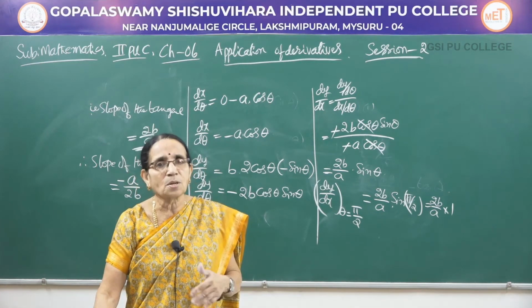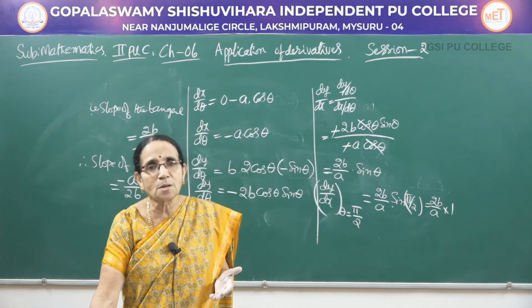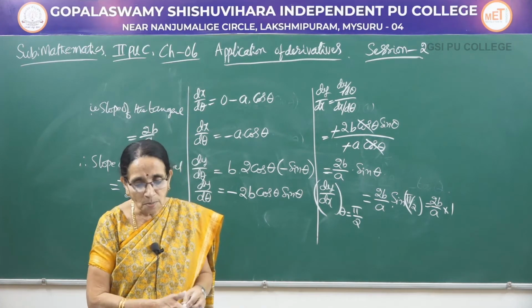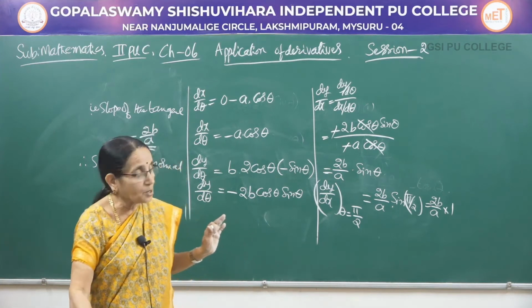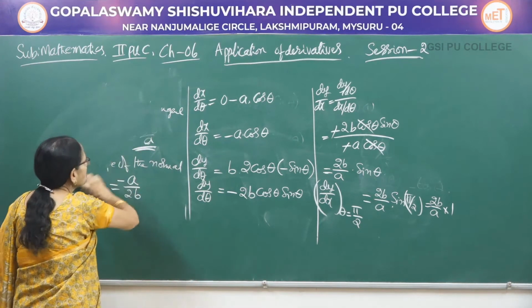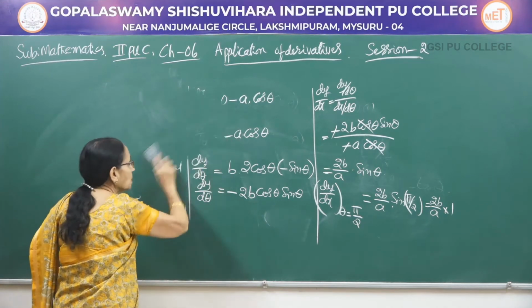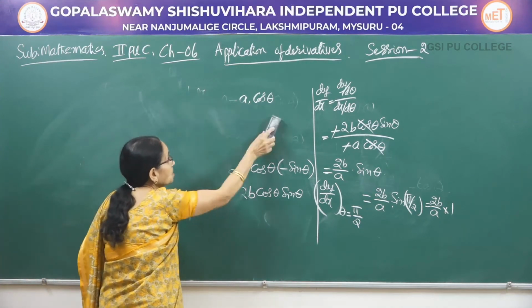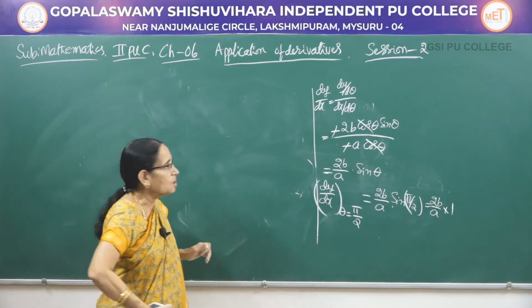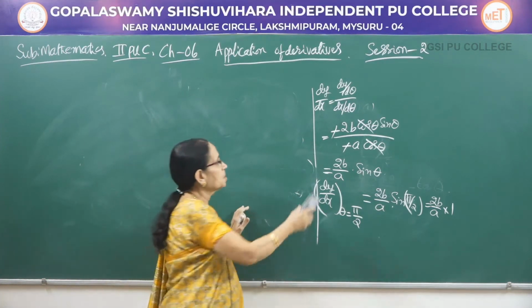And tangent, what is the range of that one? Minus infinity to plus infinity. So any value can be accepted. Now, these are usually asked for a 1 mark question, to find the slope of the tangent or slope of the normal. Though for the slope of the normal, you have to do one extra step here, even that is also asked for a 1 mark question only.